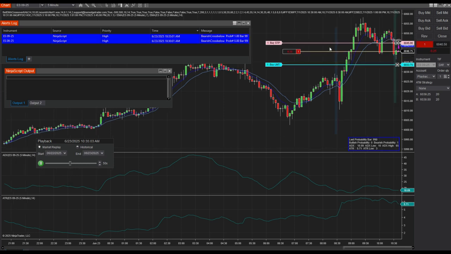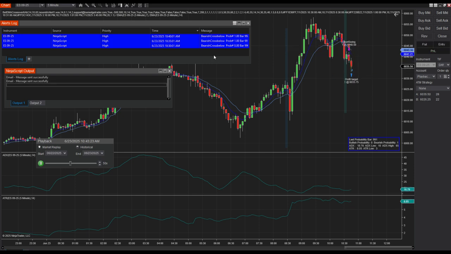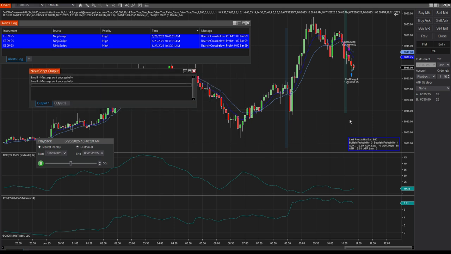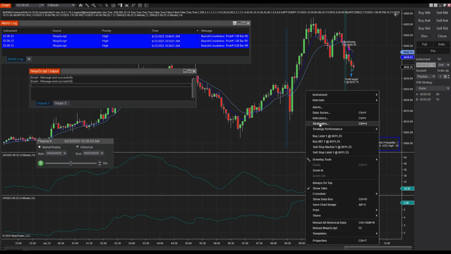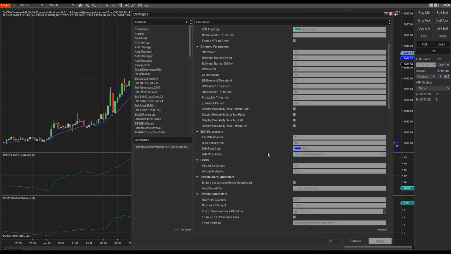And there we go. We just fired. We show we had a probability of 1. That's actually 100% that we're going to go in that range. There was our profit target. And we sent a couple of emails. We sent an email when we went into the market. We sent an email when we came out with some profit. Going back to our settings,